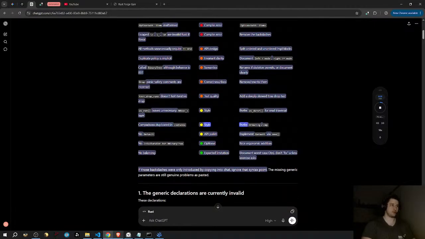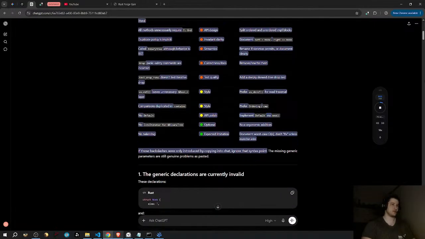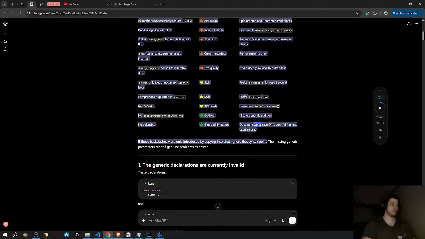Duplicated and contains, yellow circle. Style: prefer Ordering slash cmp. No Default, yellow circle API: implement Default via new. No IntoIterator for BinaryTree, green circle optional: nice ergonomic addition. No balancing, green circle expected limitation: document worst case O(n) and don't fix unless